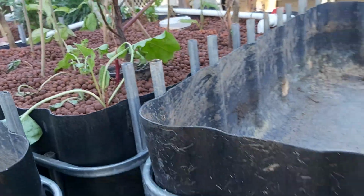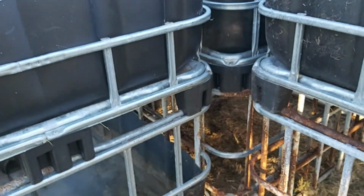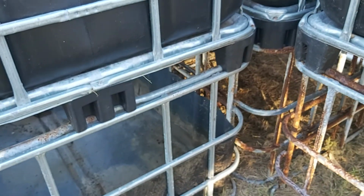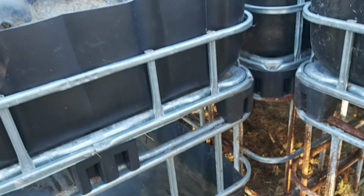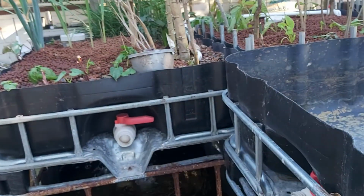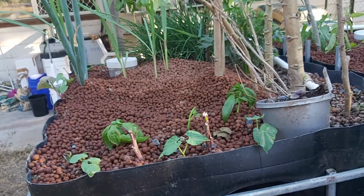Having a few challenges with the aquaponics because the ground's not quite level and we've only got the little sumps, so you can really only have 2 garden beds per sump and they're not connected, so it's all good, it's not a tragedy. It's a little bit frustrating. I've planted in some beans and some peas around the edges of the aquaponics. I put some more clay balls in here,